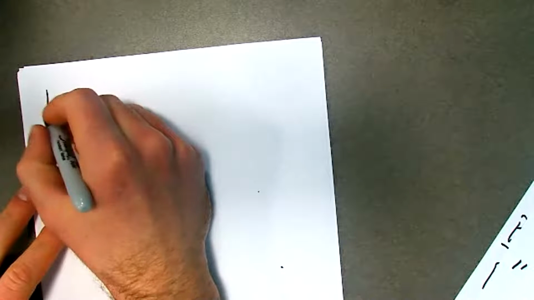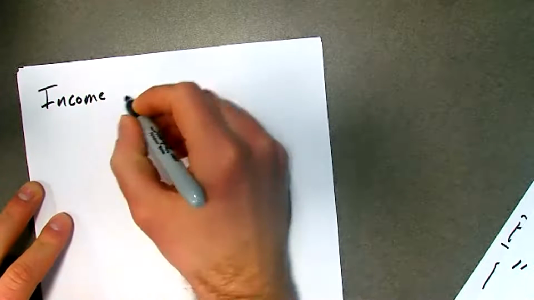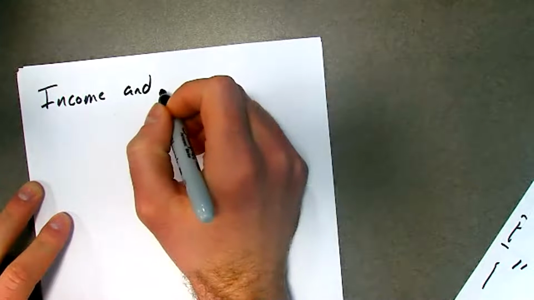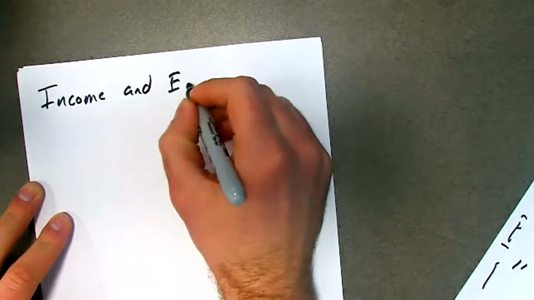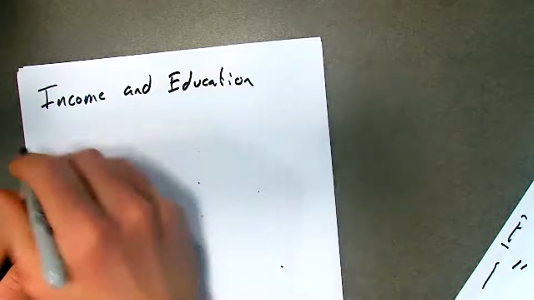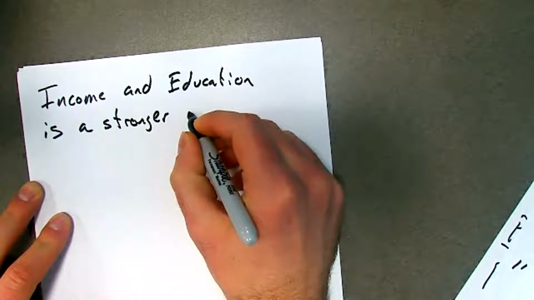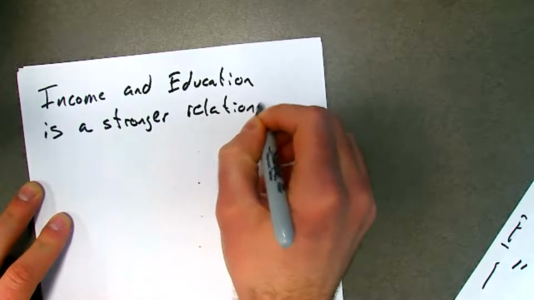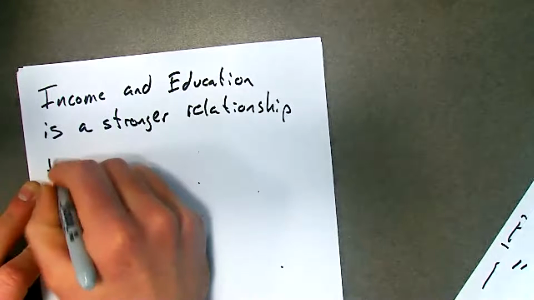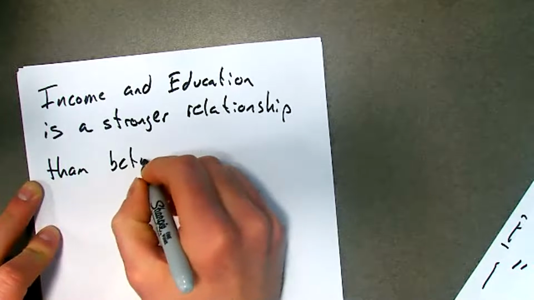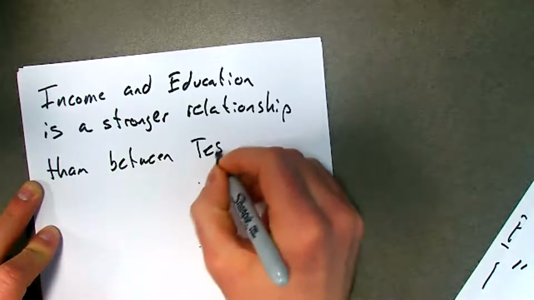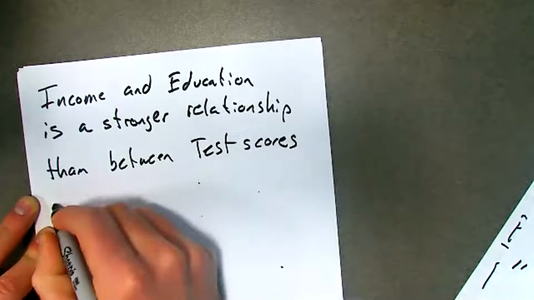If I were to say that, I don't know, something like the relationship between income and education is a stronger relationship than between test scores and